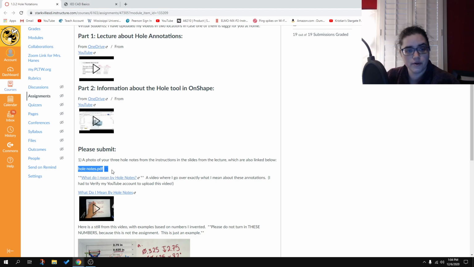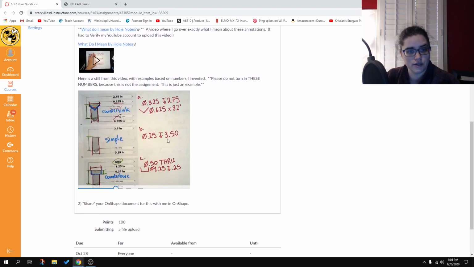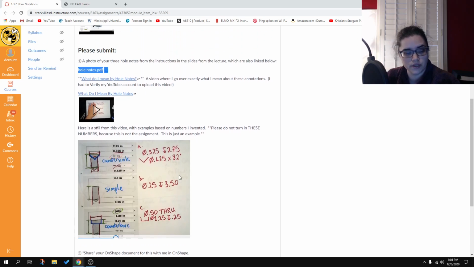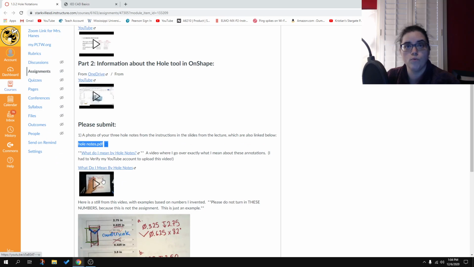It says part 1, upload a photo here of your whole notes from the instructions, and the whole notes should look kind of like in this picture here, these things that I've written out in maroon. I've done an example for that right here, so if you don't want to follow my exact precise directions and lose some points, go back and look at those instead, and then do it on your own. If you do follow these directions,